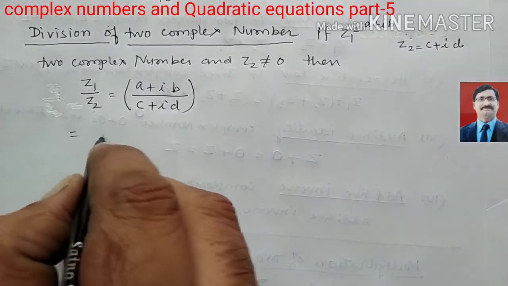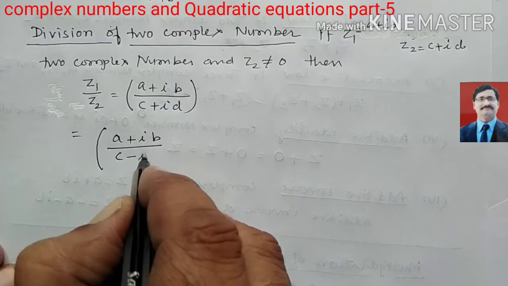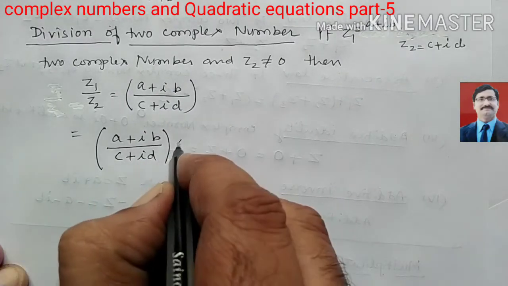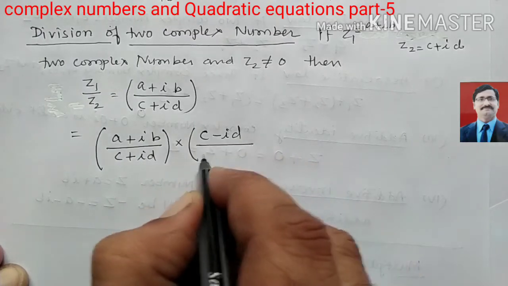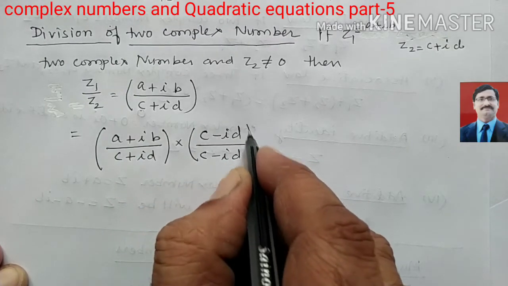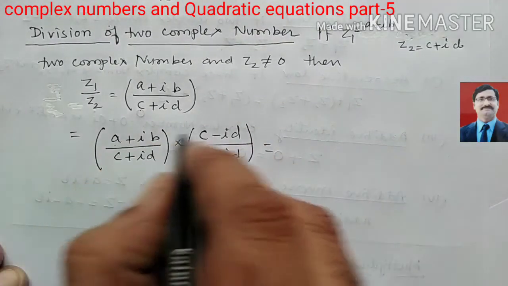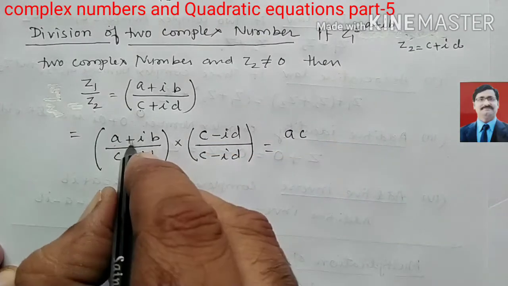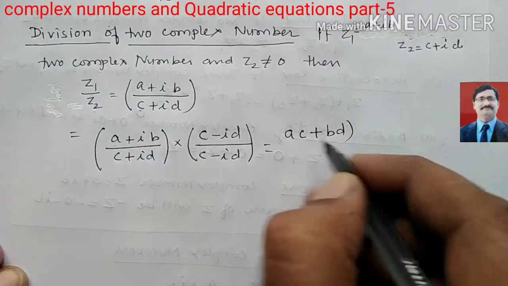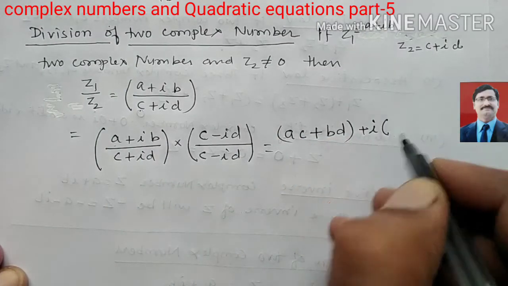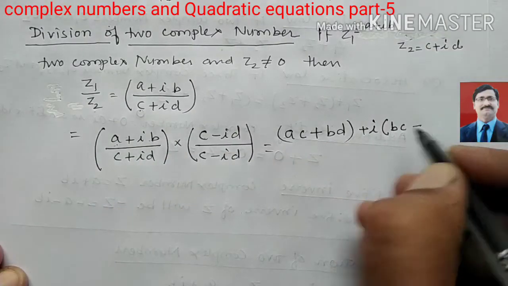How can we solve? Look here, you have to rationalize. For that you have to multiply by the opposite sign, meaning c minus iota d you multiply, and you have to divide by c minus iota d. So look here, you get in multiplication, as you already know, AC, then minus means plus, BD, bracket close, plus iota, BC minus AD,